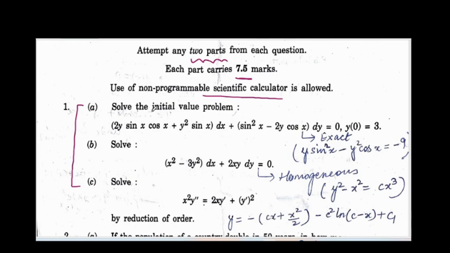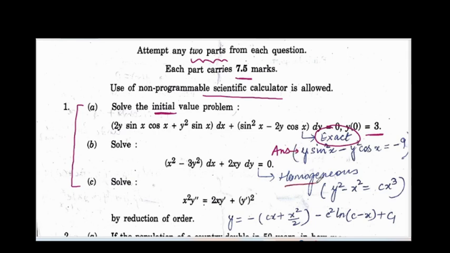Look at the first question. It was a normal question, a standard initial value problem, which was a direct exact differential equation, so you can solve it easily. Just check the criterion for exactness, you'll find that it's exact, and then don't forget to put the initial condition to get the value of C in the end, and this is going to be your final answer. I've written the final answer in the brackets for you to tally when you solve it.